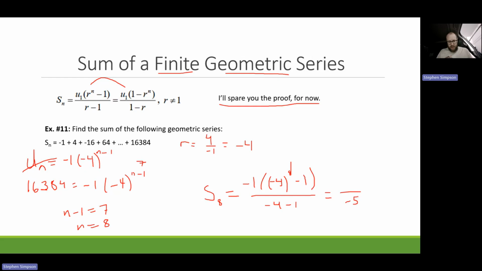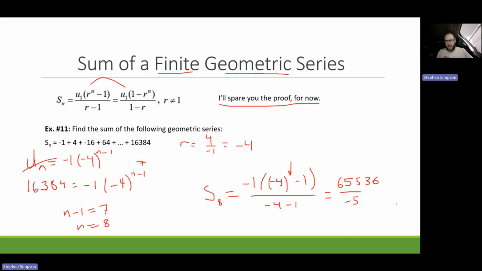Let's see. -4 to the 8th is 65,536, times -1, so those negatives are going to cancel out. So 65,536, if I typed it in right,